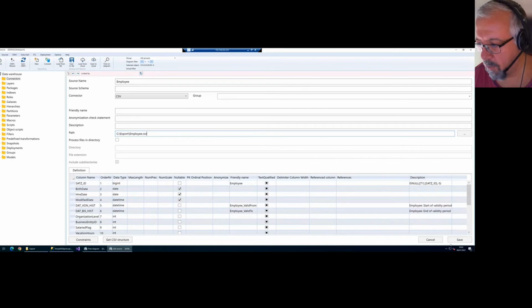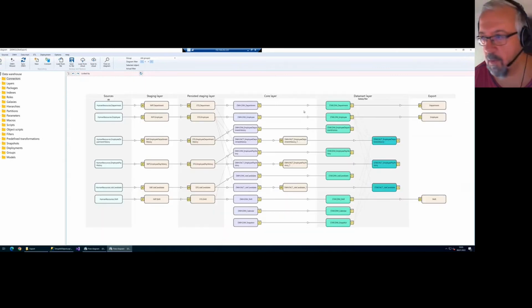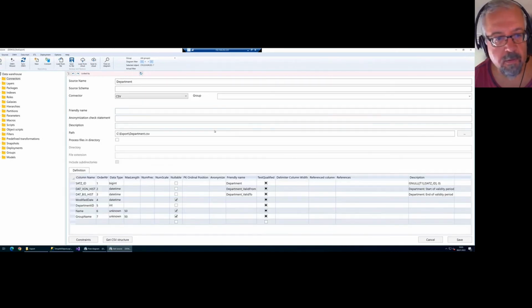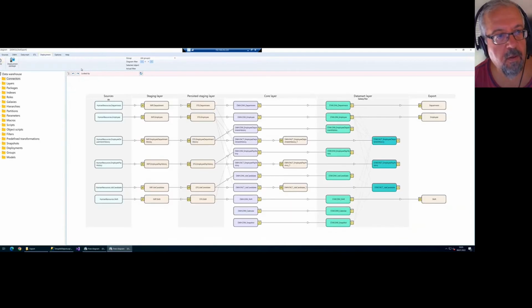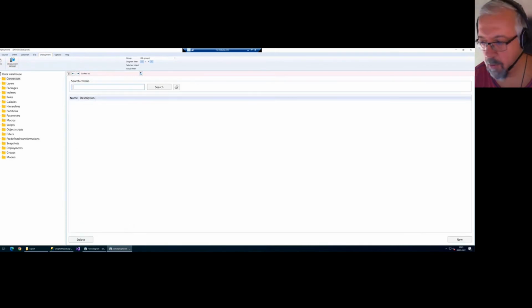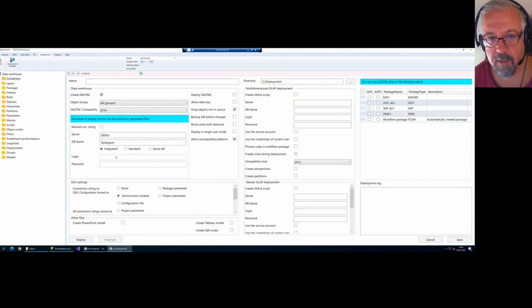CSV, I think, let me check. I think department, employer, and here shift. CSV. Very well, and now I will generate the deployment package, and let's try to